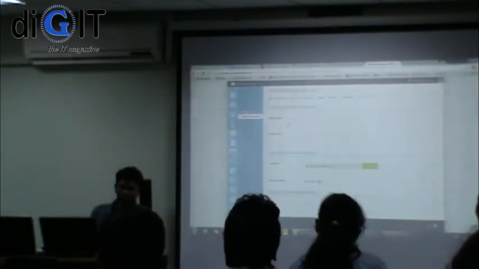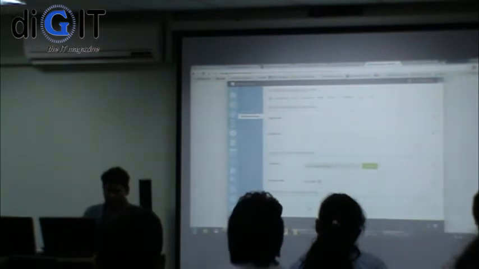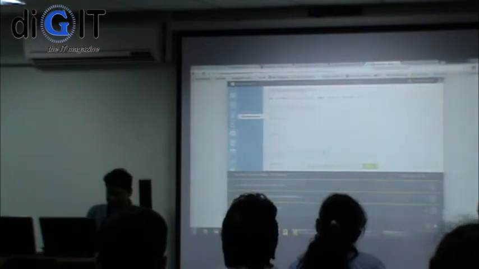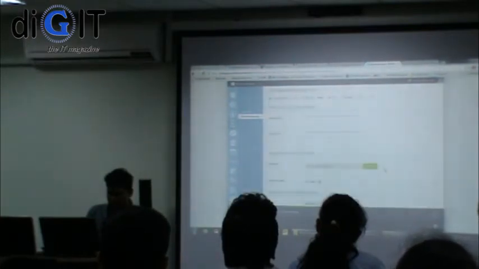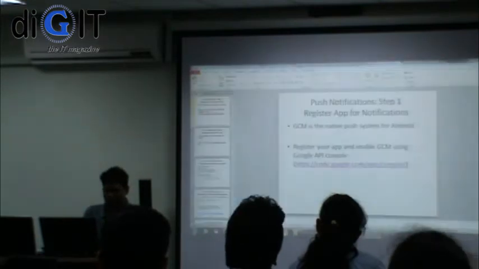You've got APNS and Windows as well, right? This is the server key. Just set the server key up and save it. So that's it for the server end of things, right?